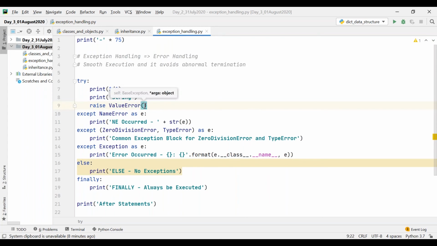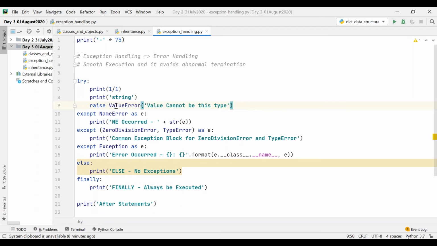You can either give a parameter or just write it like this itself. Here I can give some error message like "value cannot be this type". Whatever you give within the parameters is the error message.